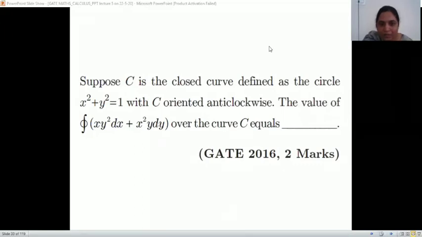We have a circle there and we can find the area of the circle easily. Okay, this is the hint. We can find the area of the circle, so we have to convert it into a double integral. And the relation between single integration and double integration is in which theorem?